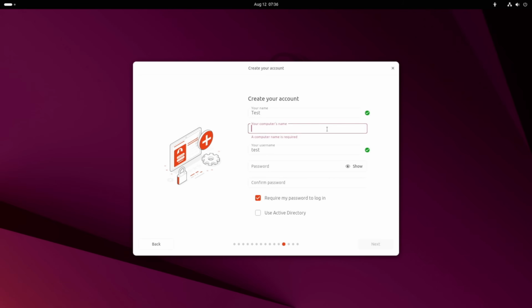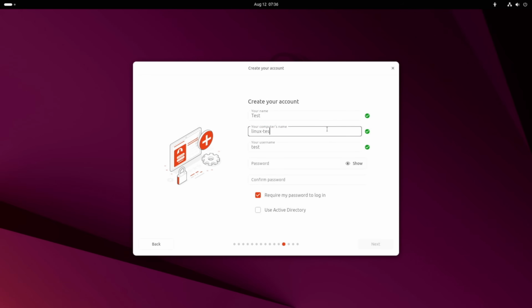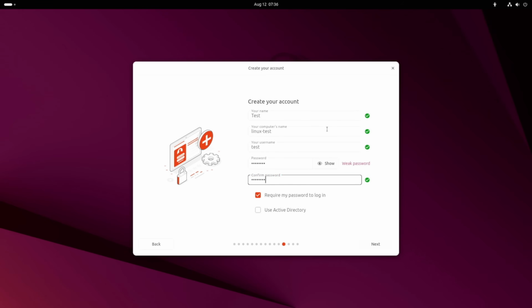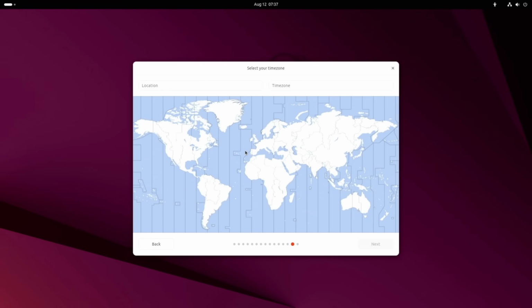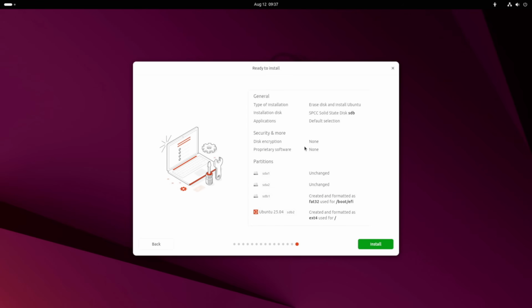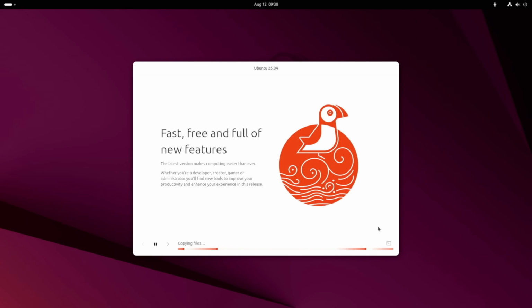Your computer's name is how your home network will see your PC. This is also a local account, and we have the option to log in automatically, two things that Windows 11 absolutely cannot do out of the box. And then finally, time zone and a review page to make sure that we've selected all the right settings. So that was about 15 pages of menus to get through that process.